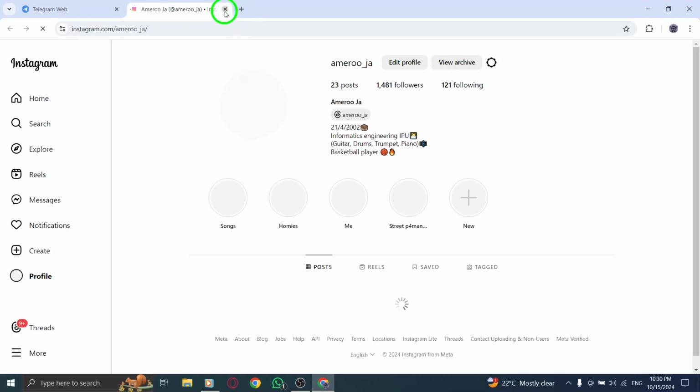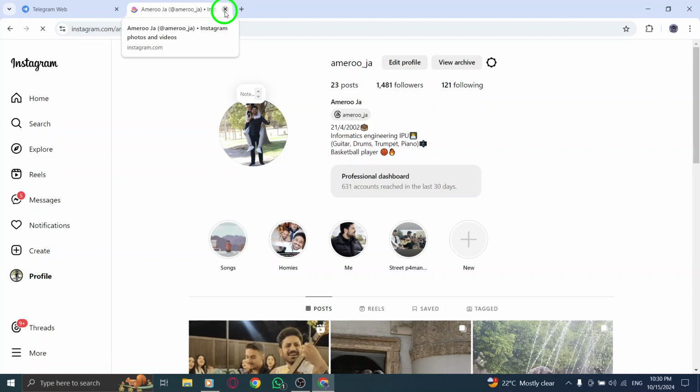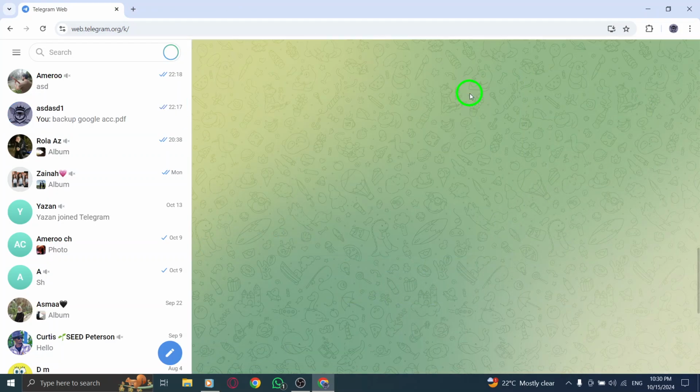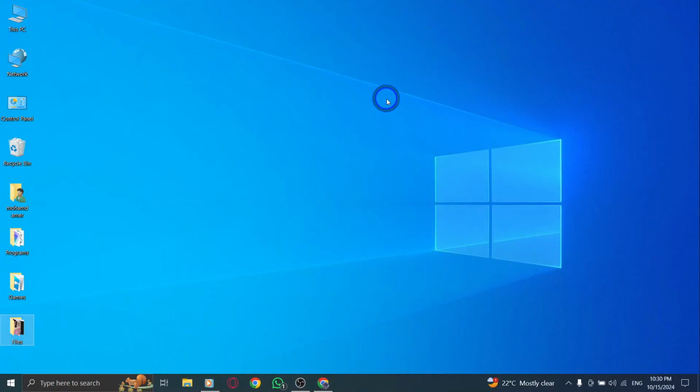This feature is incredibly useful, especially if your group chat is filled with valuable resources, articles, or videos. Instead of scrolling through endless messages, you can quickly access all the important links in one place, saving you time and effort. In summary,